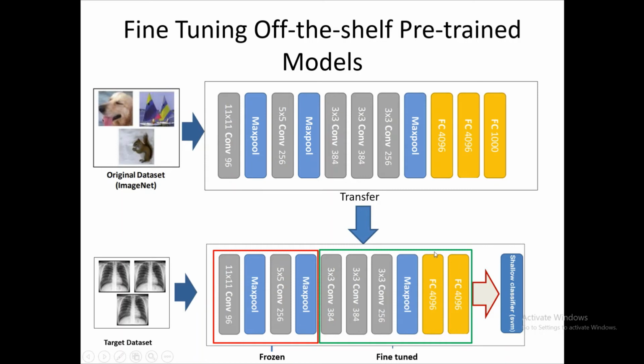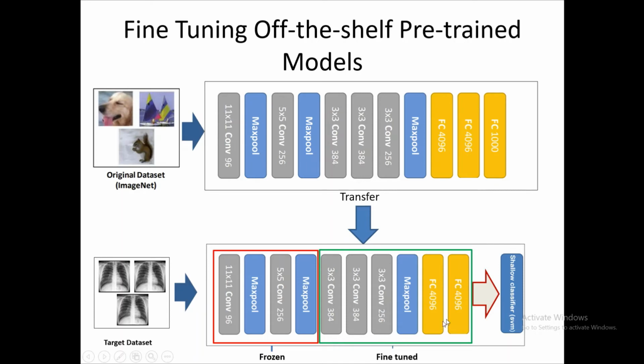The number of layers to be fine-tuned or to keep frozen is based on the data. Like if the target data set is very small, then what we can do is we keep most of the layers frozen,